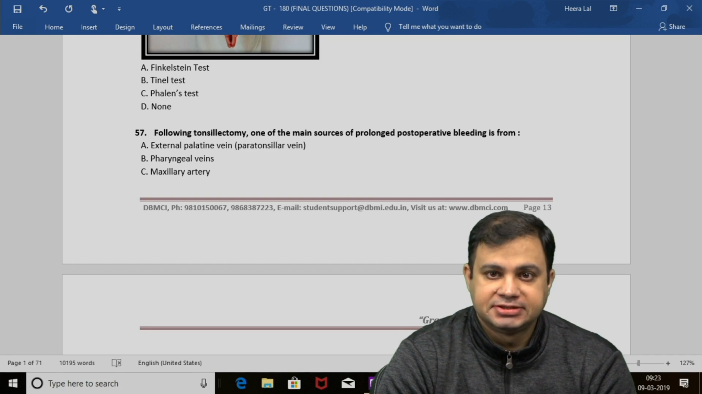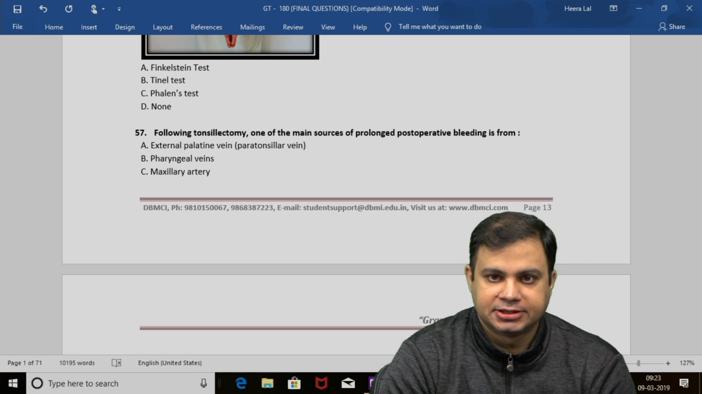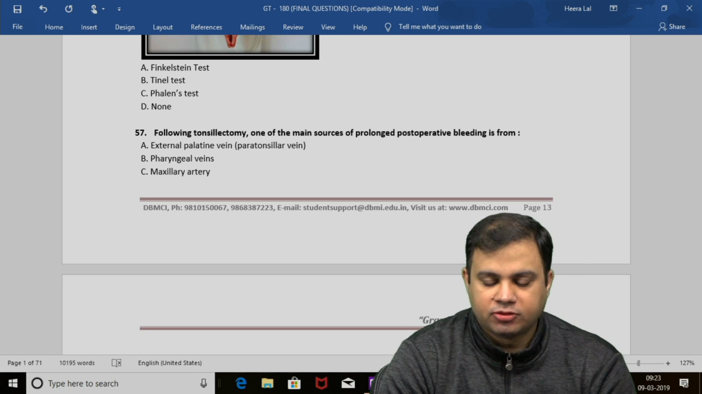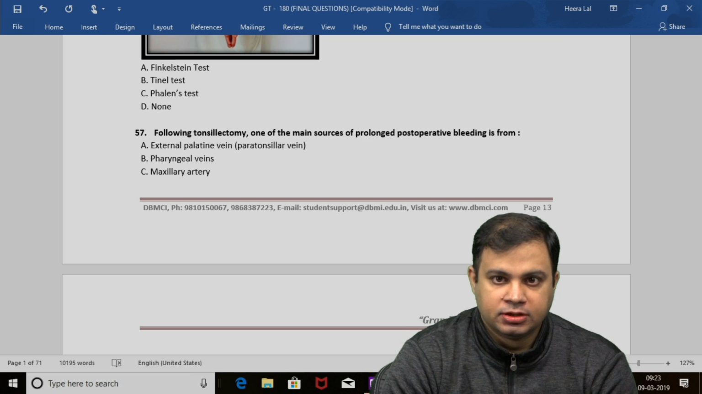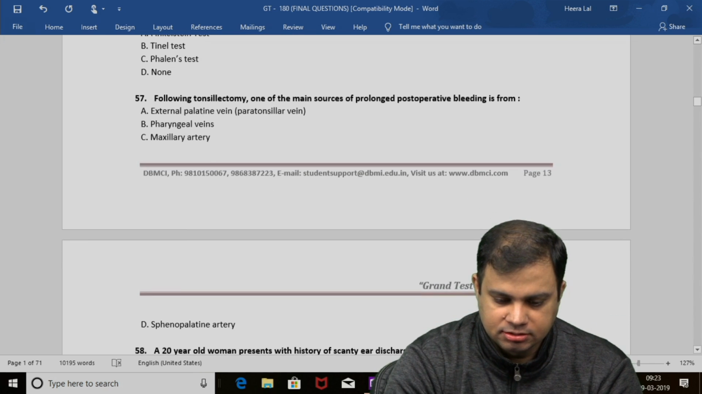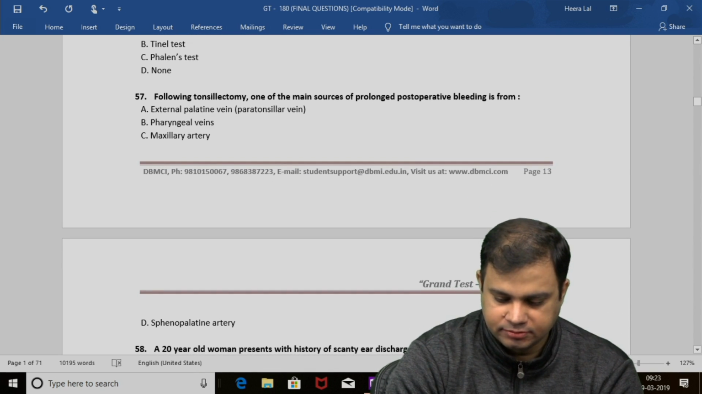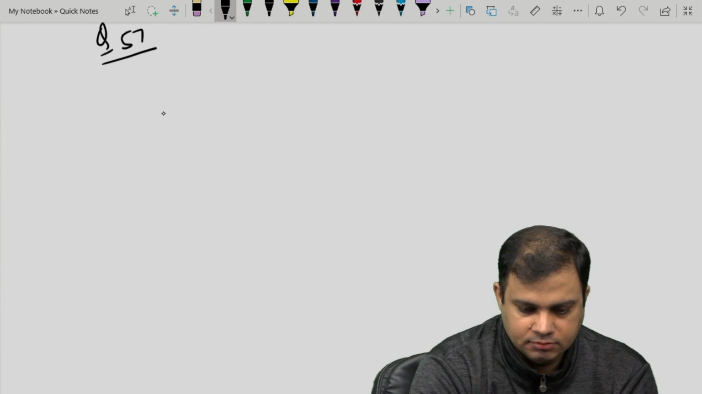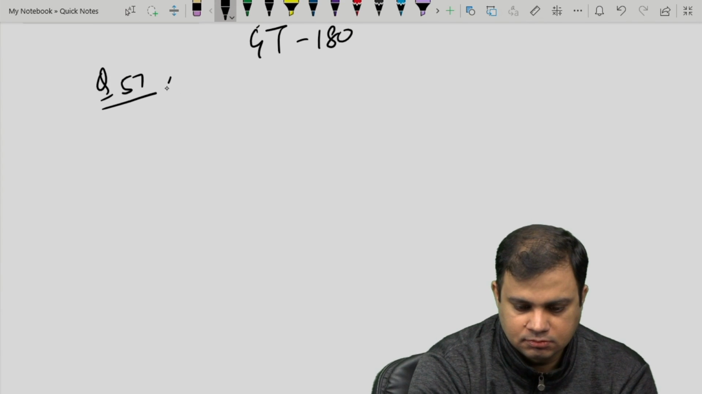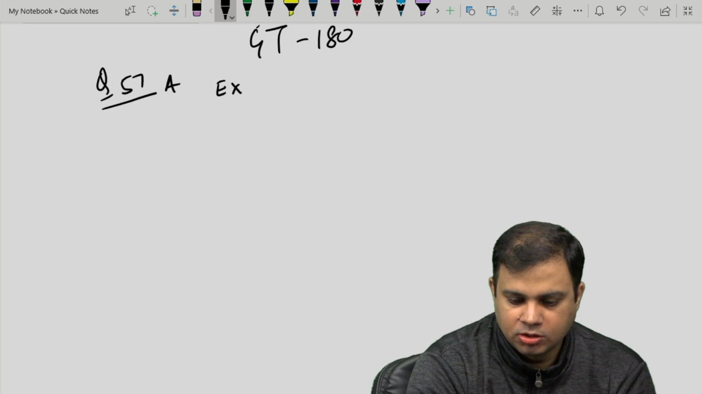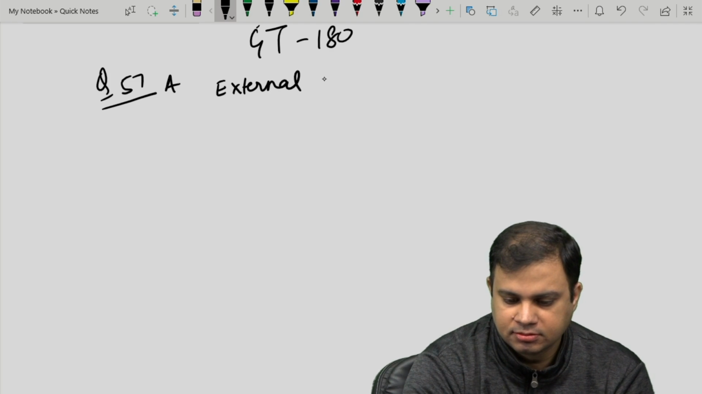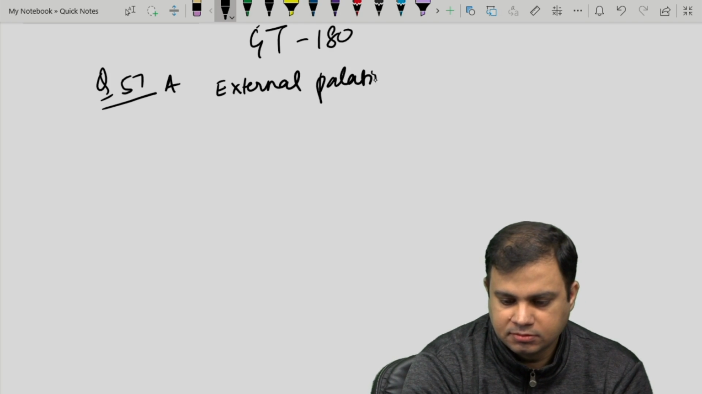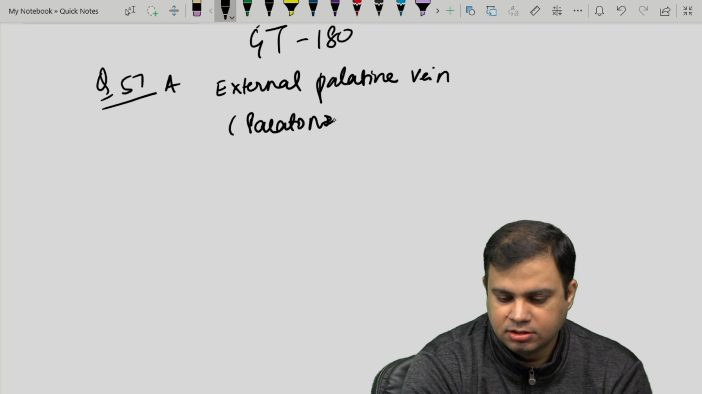Coming to question number 57, it says following tonsillectomy, one of the main sources of prolonged post-operative bleeding is from. The answer is A, that is the external palatine vein. Now the external palatine vein is also known as paratonsillar